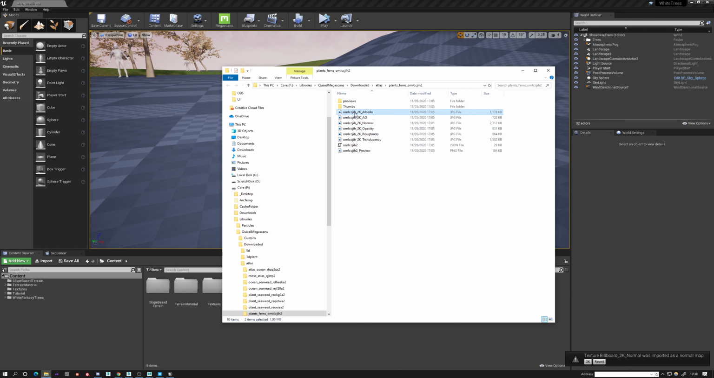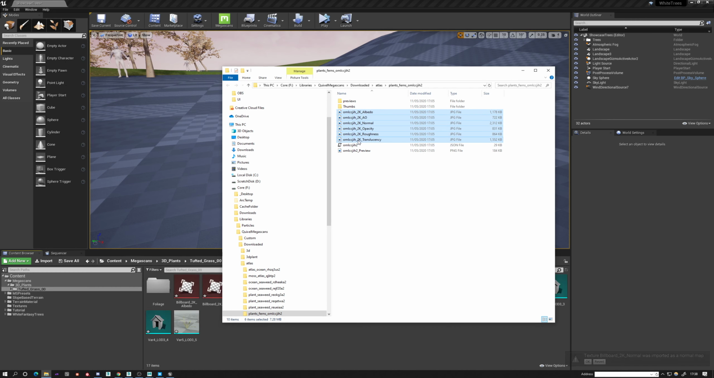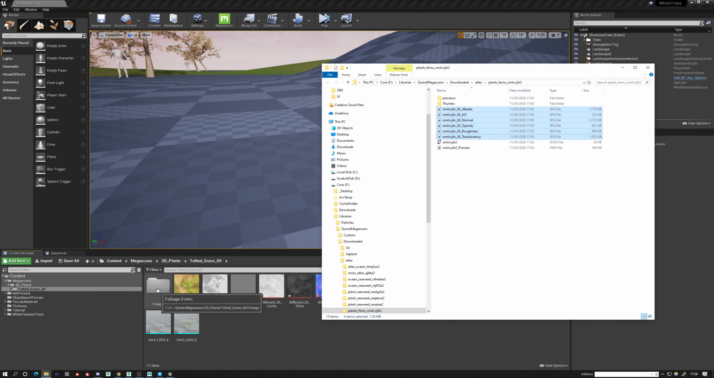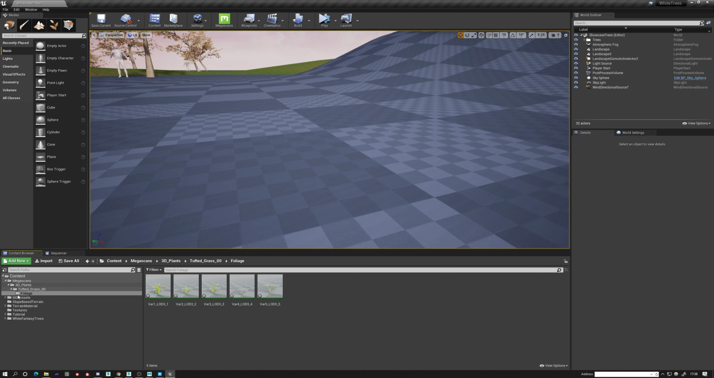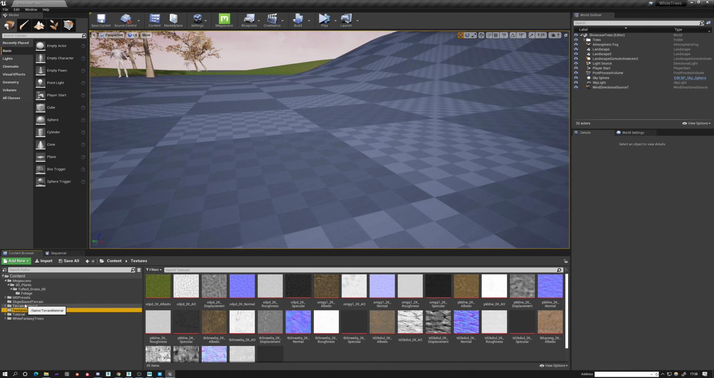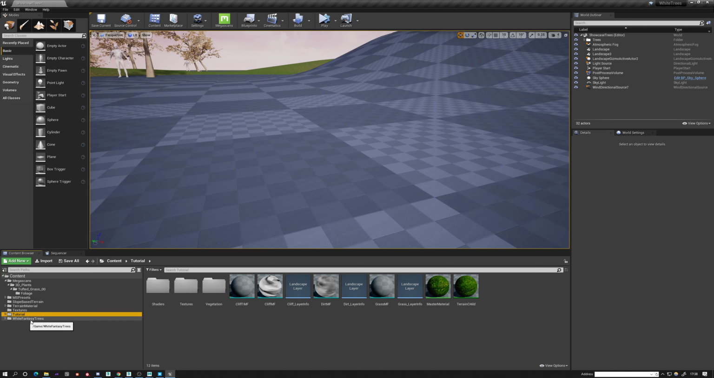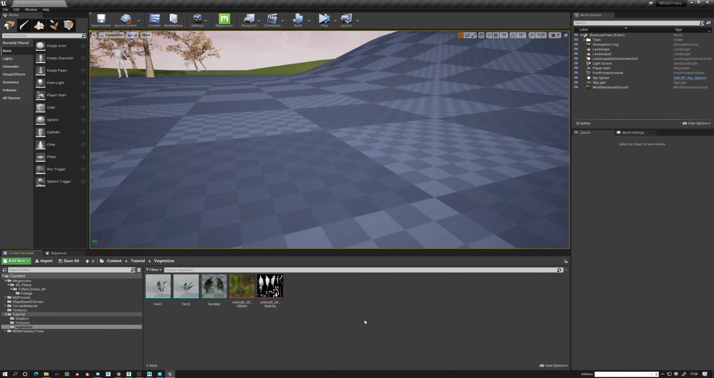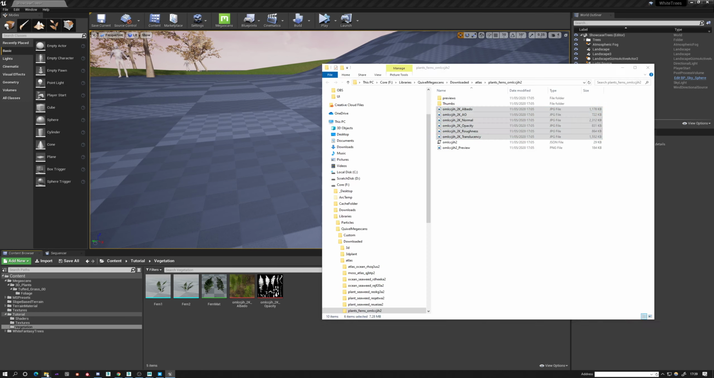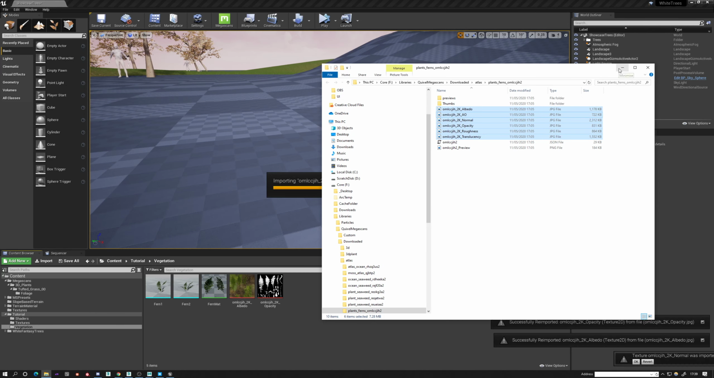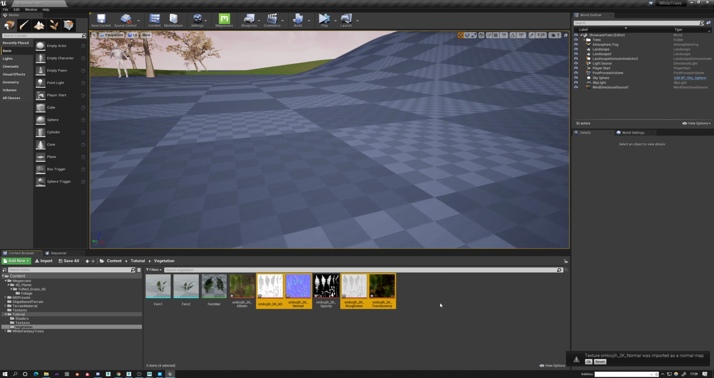So now we're going to use these maps here. Control C, or actually we're just going to drag and drop them. In vegetation, we're just gonna drag and drop them in here. So this is everything we used, I mean, we're gonna use, and then